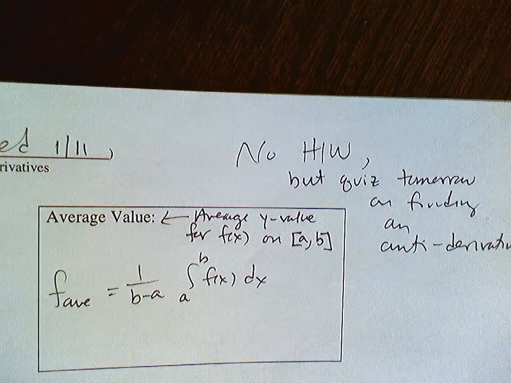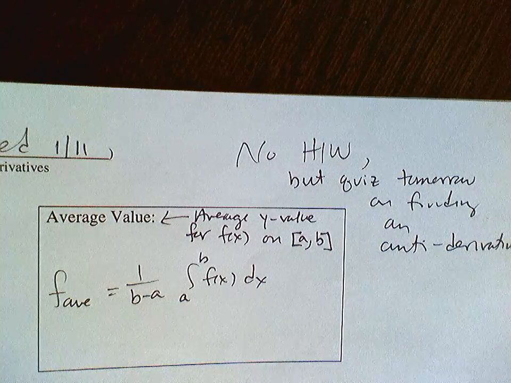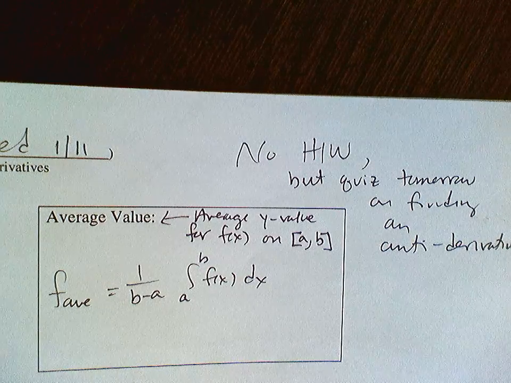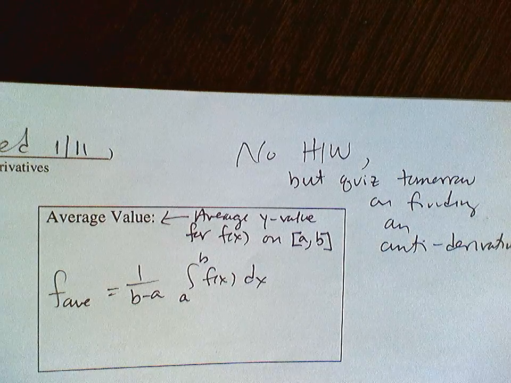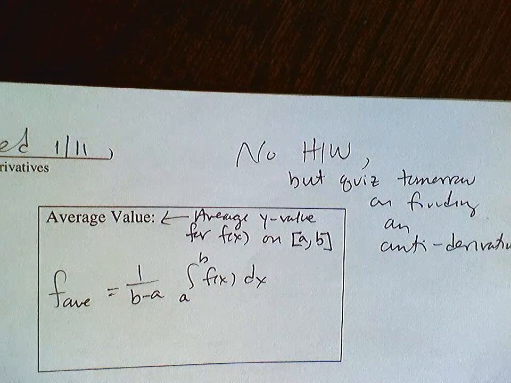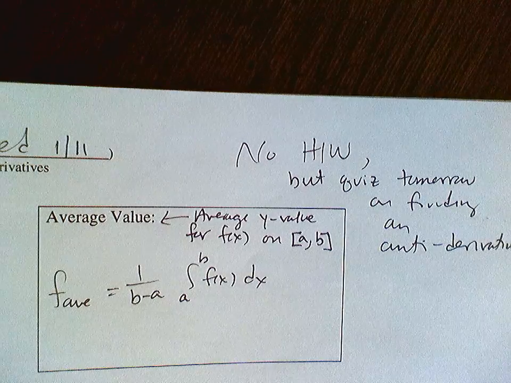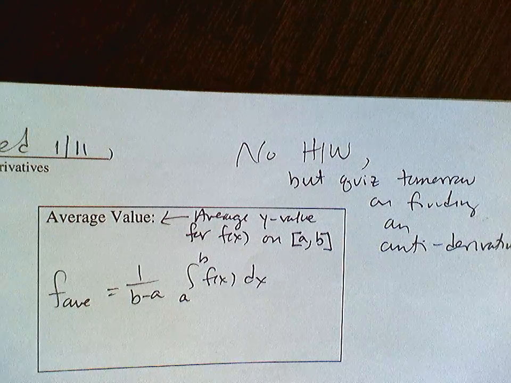And the reason why this is not so easy to find is because, for a continuous function, there's going to be infinitely many y values. So how do you take the average of an infinite number of values? It's not as easy as just adding them all up and dividing,